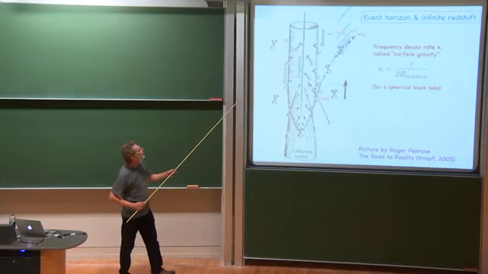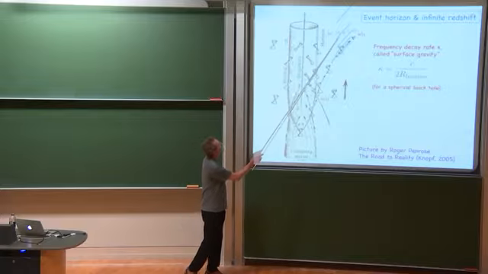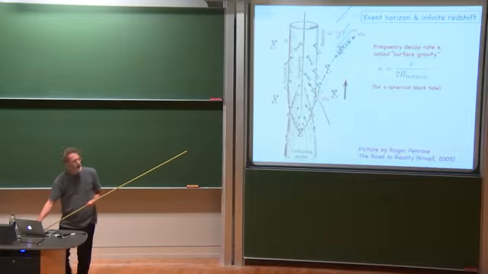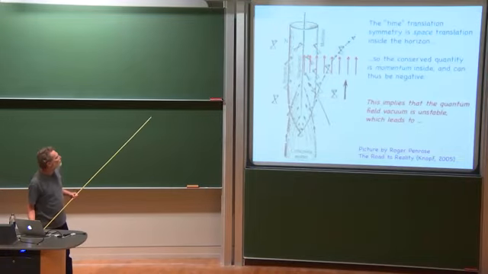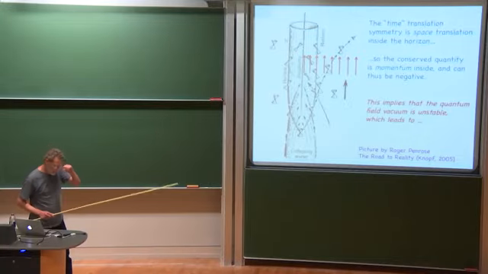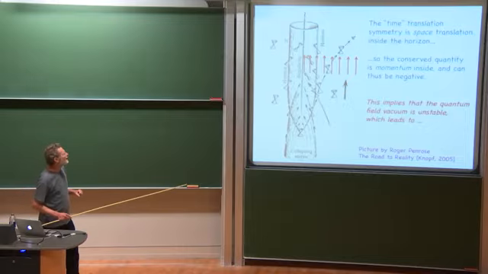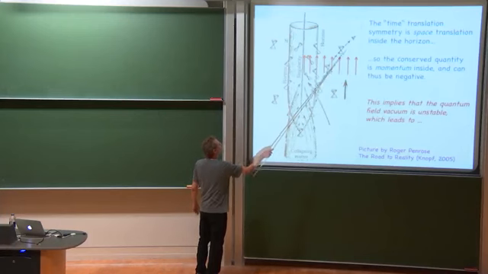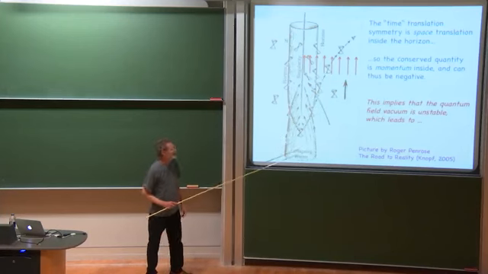So as time goes on, this exponential redshift factor gets arbitrarily small. I'll come back to that in a moment, but I just want to first explain where the instability that's associated with the Hawking radiation comes from. So once the black hole is formed, the space-time has a time translation symmetry, and here's a vector field showing how to shift the diagram in that symmetry direction.